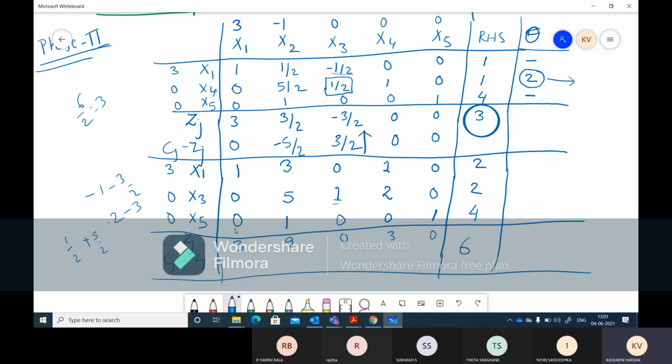Right? Here 3 minus 3, 0. Minus 1 minus 9, minus 10. 0 minus 0, 0. 0 minus 3, minus 3. 0 minus 0, 0. So now you have either 0 or you have negative values. That means there is no positive value to move forward, right? So the algorithm stops here, phase 2 stops here. So you can see that the final answers which we got are this. So we can highlight the final answer,